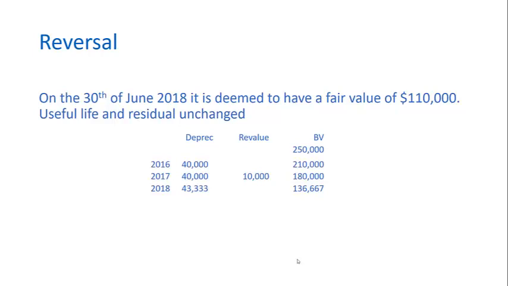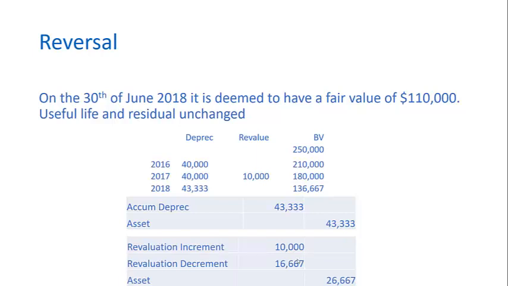So we have to have a revaluation decrement. The process starts off by reversing the depreciation again against the asset. So that gives us a book value for the asset of $136,000, and then we have to recognise the decrement. Now, normally decrements would go to the statement of profit or loss, but of this decrement of $26,667,